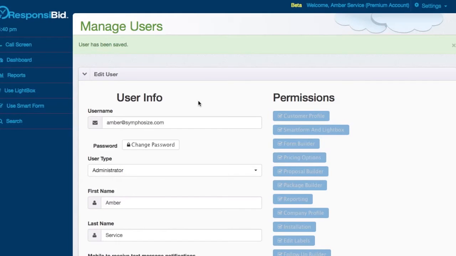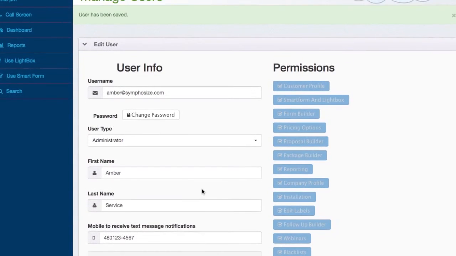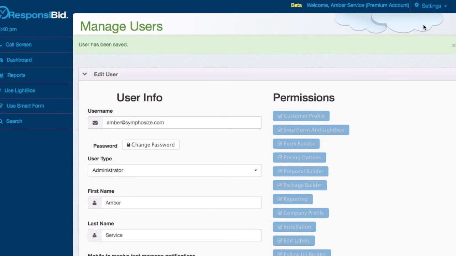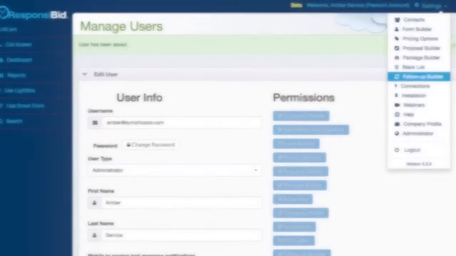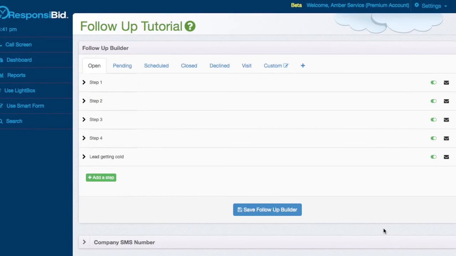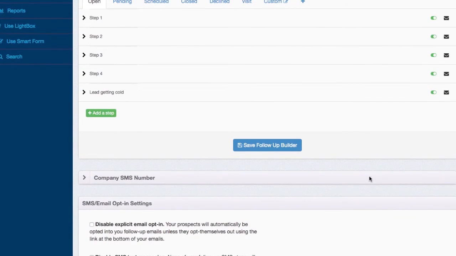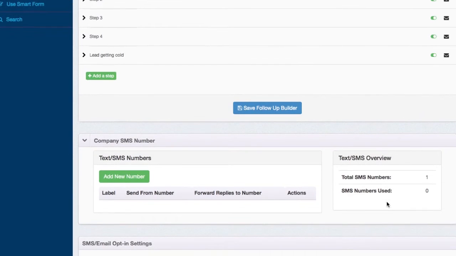So once you've set up your particular user and you've got it just the way you want, and maybe even set up all the other users in your company, let's head back over to the follow-up builder. As you'll remember in the last section, I talked about you receiving SMS messages at your cell phone. ResponsiBid is able to send SMS messages to your customers as well if they opt in to be able to receive text messages. So the next thing I want to show you how to do is how to make sure that you are able to send